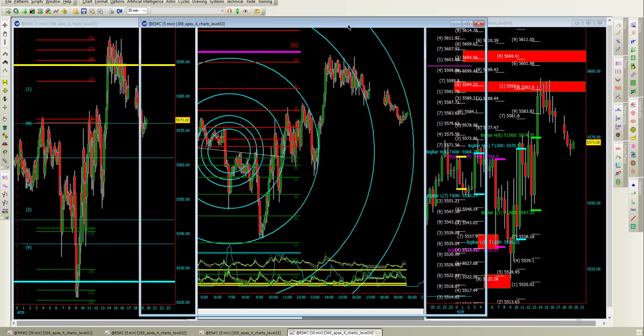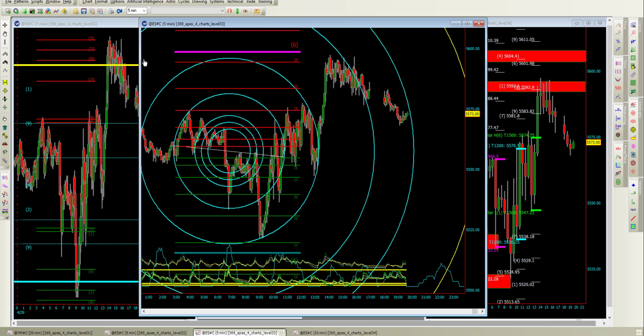So here we are, gathered again to discuss the momentum of time and price coming together. The best way to see this is through spheres, but we cannot see spheres in 2D, and the trading software doesn't give us a 3D or 4D view. Some of you might invest and make it. Until that time, we're going to just use what we have. So right now we have another tool placed here,